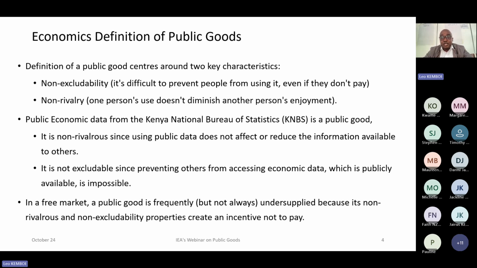The concept of public goods was derived by an economist called Paul Samuelson, the first American Nobel laureate in economics, who is considered the father of modern economics. I know the majority of economists now learned economics from textbooks developed by Paul Samuelson. Samuelson wrote a paper in 1954, looking at how governments at that time were providing